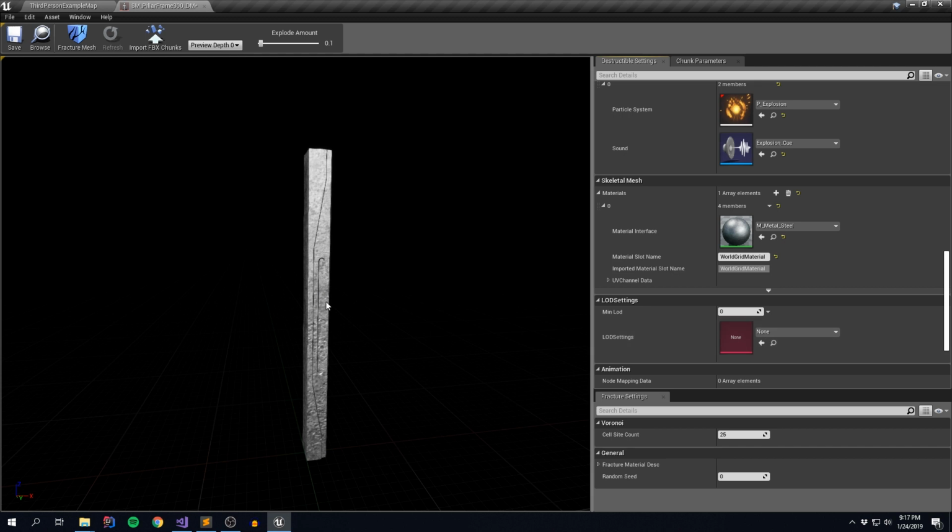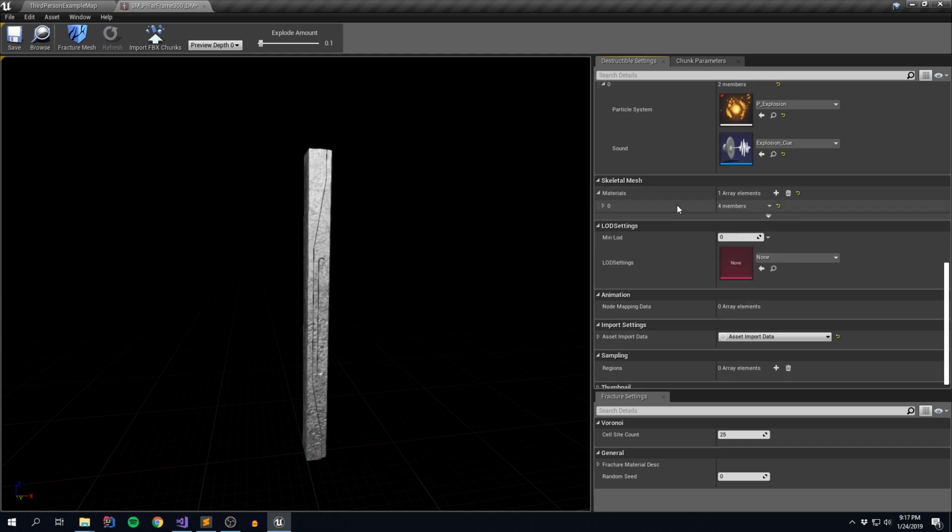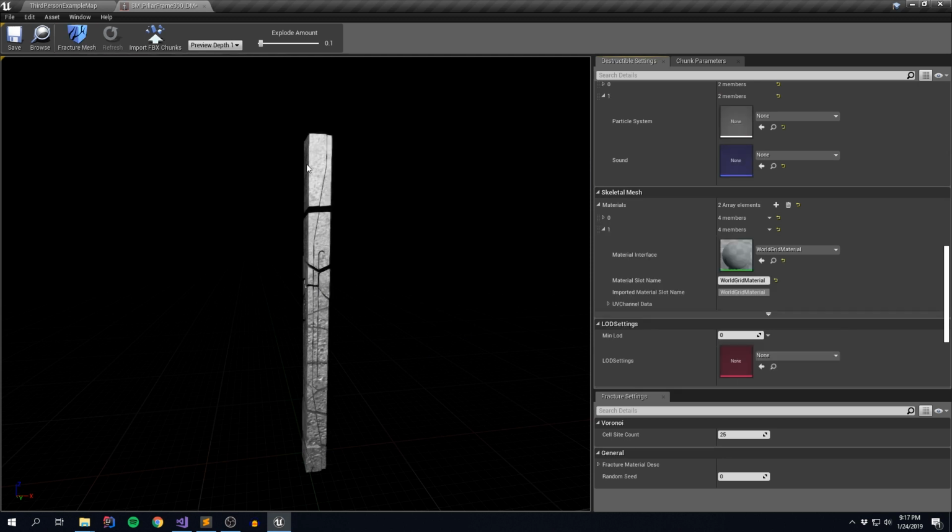Okay, and there's our mesh all textured. Now you'll notice we also support multiple material slots on this mesh, and that is because certain meshes, and we'll break this apart. Actually, here, why don't we fracture it first, and I'll show you what I mean. So this allows us to fracture the mesh, and this explode amount lets us sort of float back and forth between it. Now, these additional material definitions